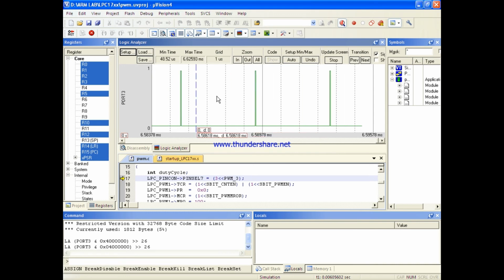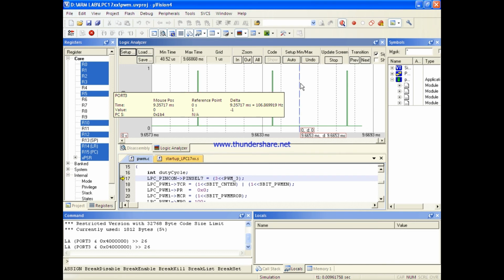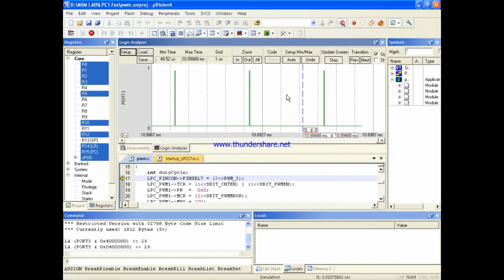You can see here that after some time the width of this pulse will vary. That is because we have given that in a continuous loop it goes up to a maximum of 100 duty cycle.